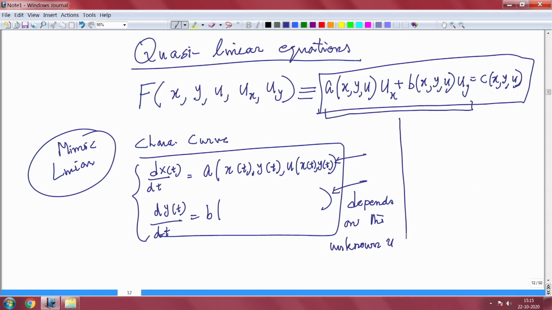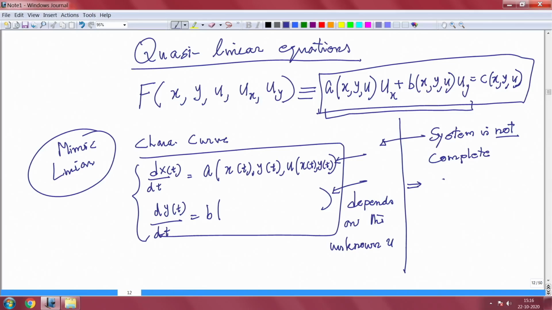That is where the problem is. Therefore, this system is not complete, because there is an unknown sitting there. Only if you have x(t) and y(t) unknown, which is a characteristic curve. As far as this ODE is concerned, x(t) and y(t) are the unknowns, but that unknown depends on the unknown function which we are supposed to determine for the PDE. Such systems are not complete if a third unknown comes in when you have two equations. That implies characteristic curves